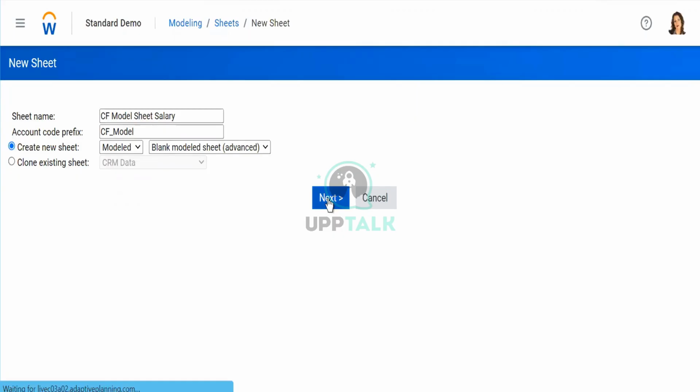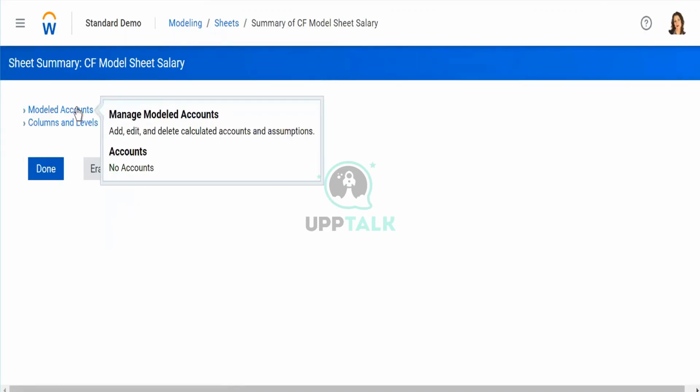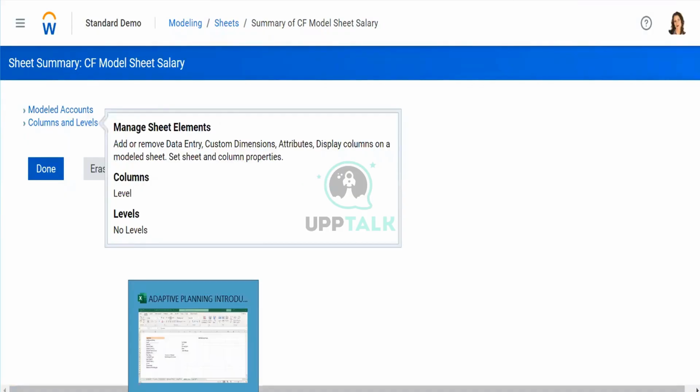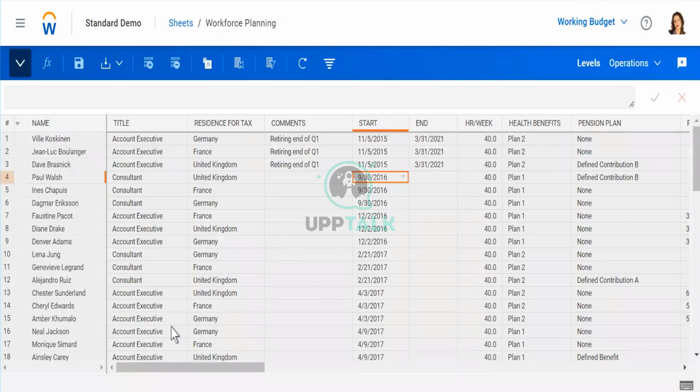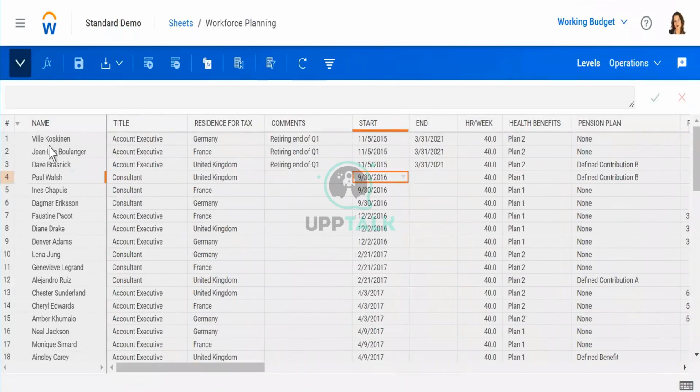And then it gives you to a page where you need to do two things. One is your model account, one is your columns and levels. Basically, in the workforce planning, do you see all the things in the front end? These are nothing but your columns and levels.